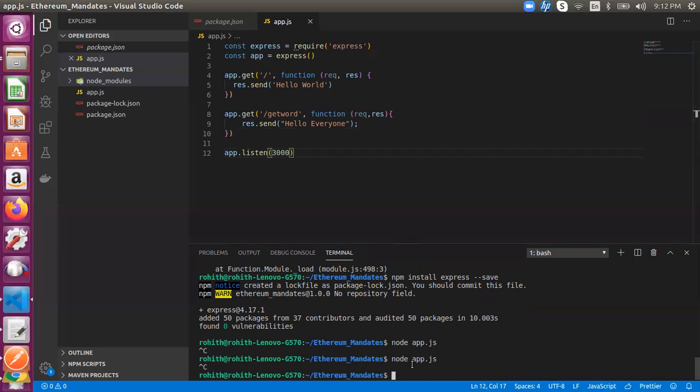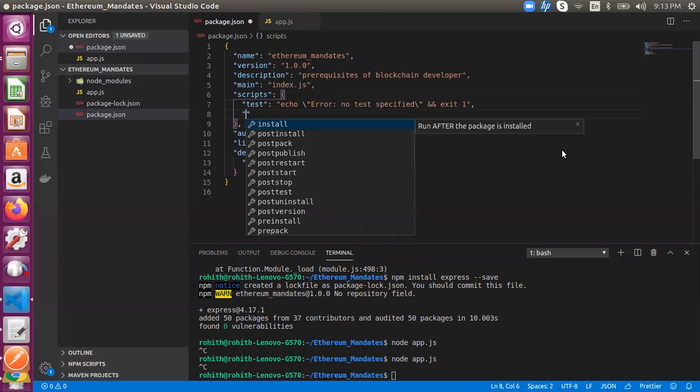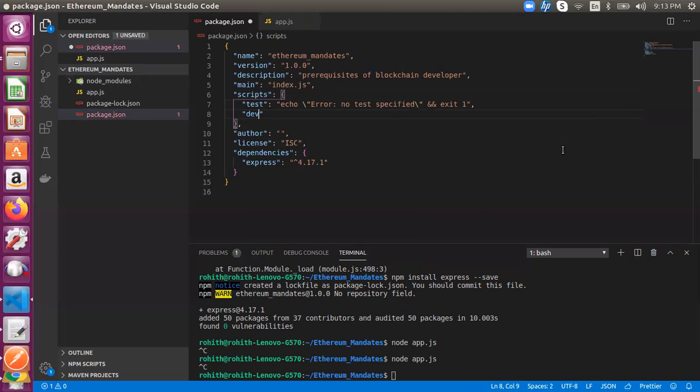And one more thing, I don't want to use node app.js. I want to always use the npm command only. At that time, what you need to do is in the package.json, here the scripts is there, right? You can add something like dev, as a development.